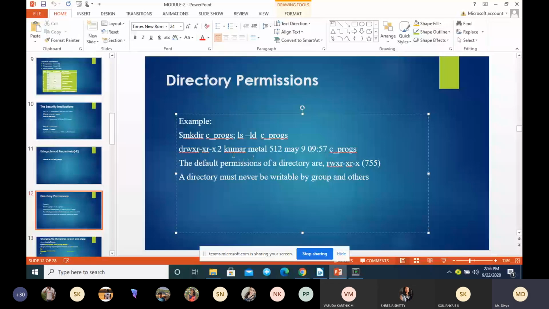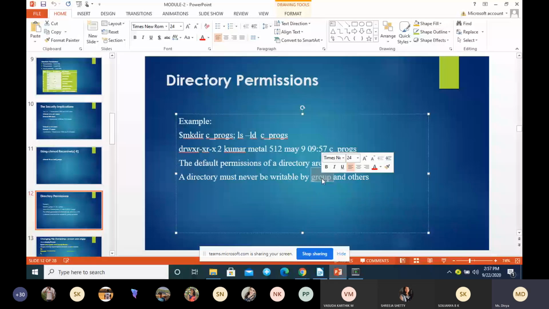The default permission of all directories is this one, 755. So 7 is for read, write and execute, and 5 is for read and execute. Directory must never be writable by group and others. This is what security tells.